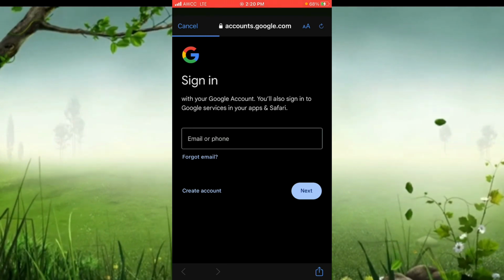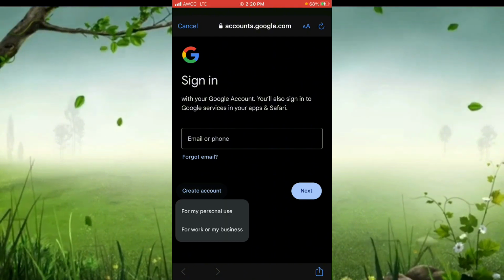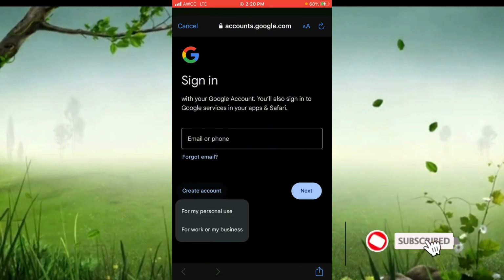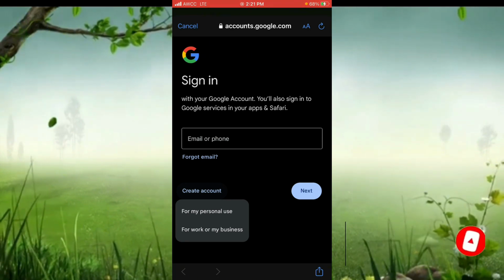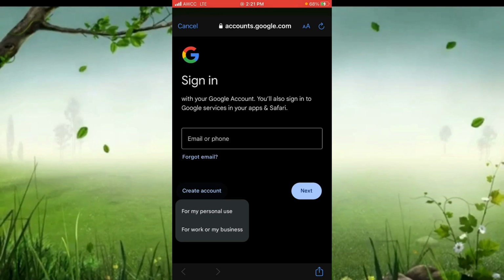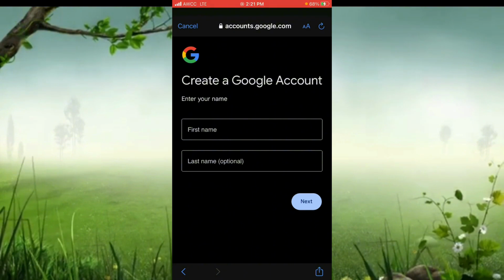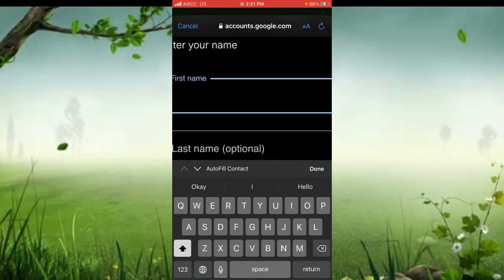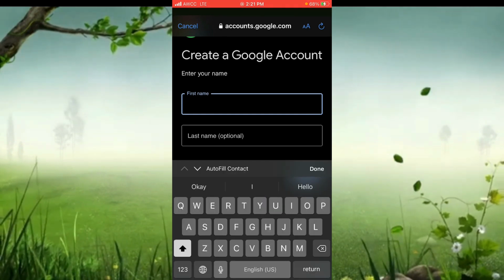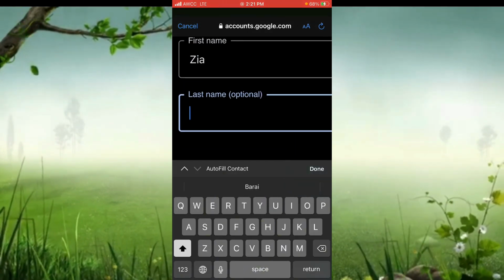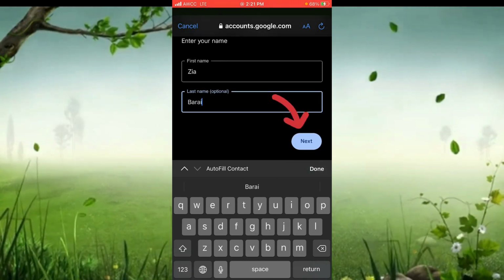and now sign in your information. For example, I want to create a new account, create account, and there is for my personal use or for work or for my business. It's your wish which you want to use it for. For example, I want to use it for my personal use, and now write the first name, Zia, and write the last name, Barai, and click next,